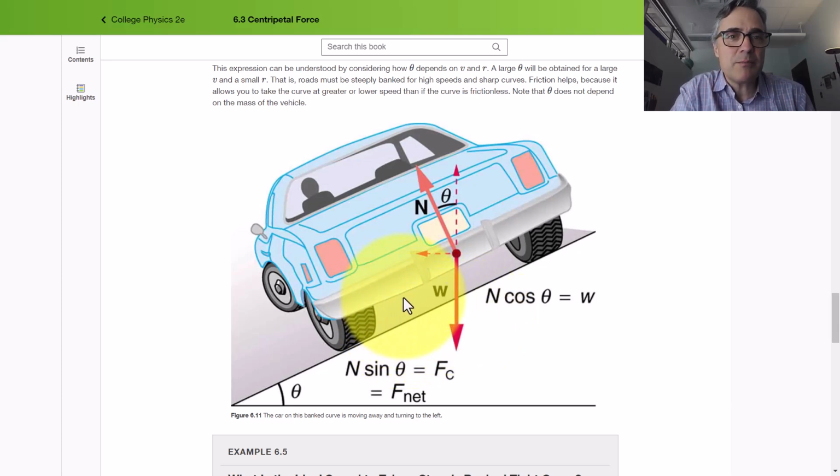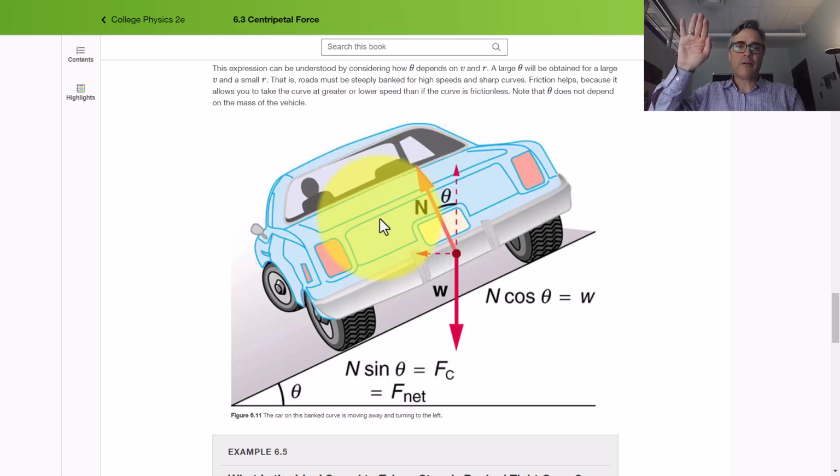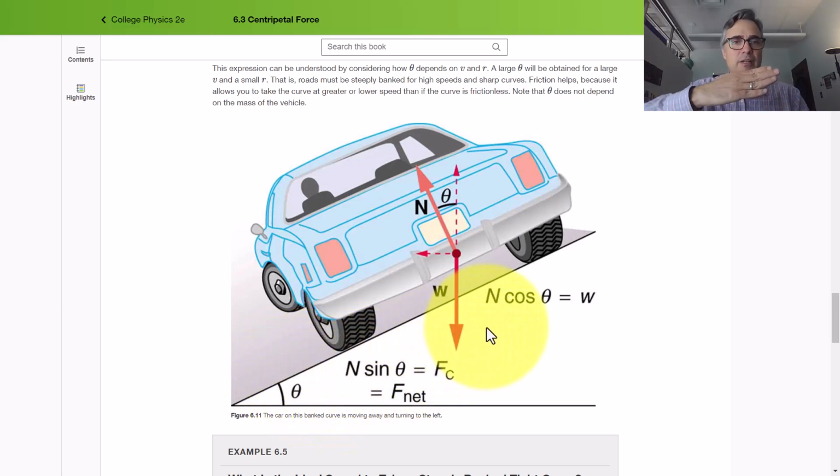Now we have a similar situation, a car turning in a big horizontal circular path. Again, if you were to view it from above, you would see a big circle off to the left with the center of the circle off to the left. But we are now viewing it from behind, so the whole circle is just off to the left like a line. The acceleration is towards the center of the circular path. And what they've done is they've banked the pavement up at some angle theta. It's sort of like a race track, as you're going around, the whole thing is tilted